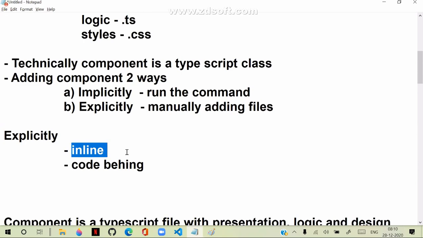Now we can do the same using the code behind technique. Code behind means cleanly separate everything: code separate, HTML separate, styles separate. And we can design a component in such a way that it is easy to extend, easy to maintain, and easy for unit testing and all, right?